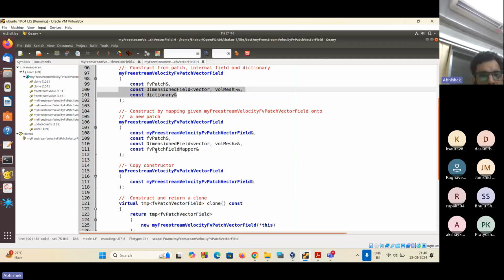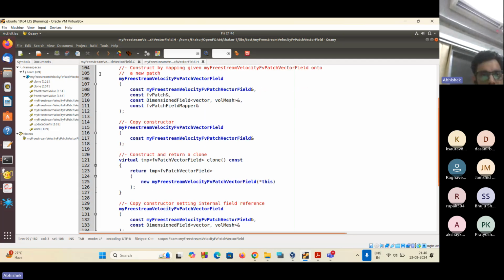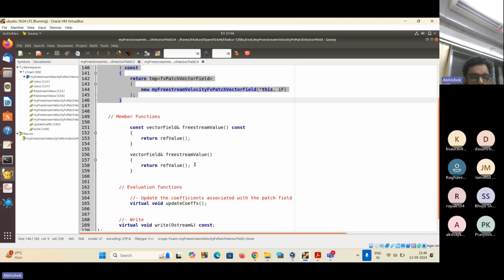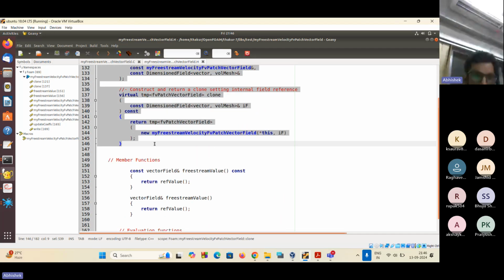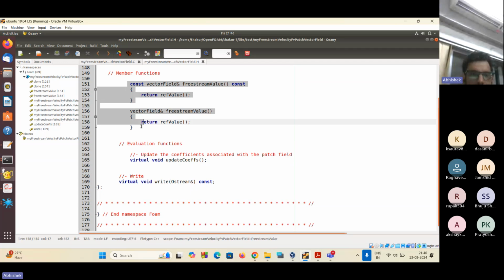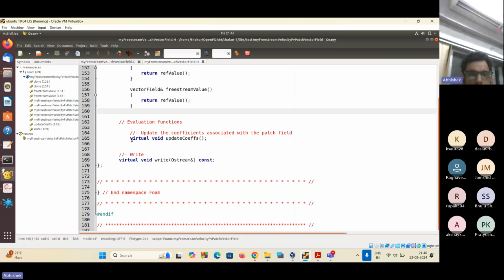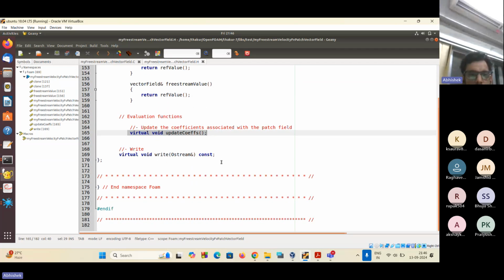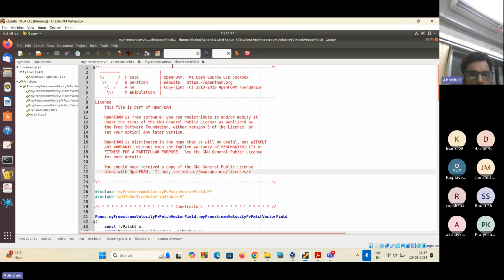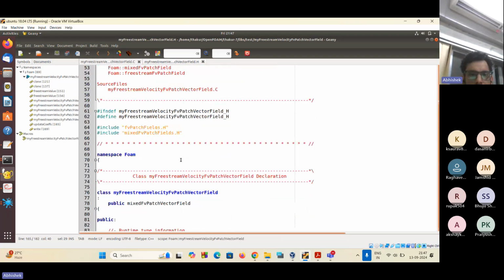Okay. So in this dictionary, you are passing these three things. No, it's not passing. So this is a dictionary. We'll look into this in the .C file. And these all are different constructors. And these are the member functions which are used. And this is the main function, virtual this. Okay. Now if you go to the C file,